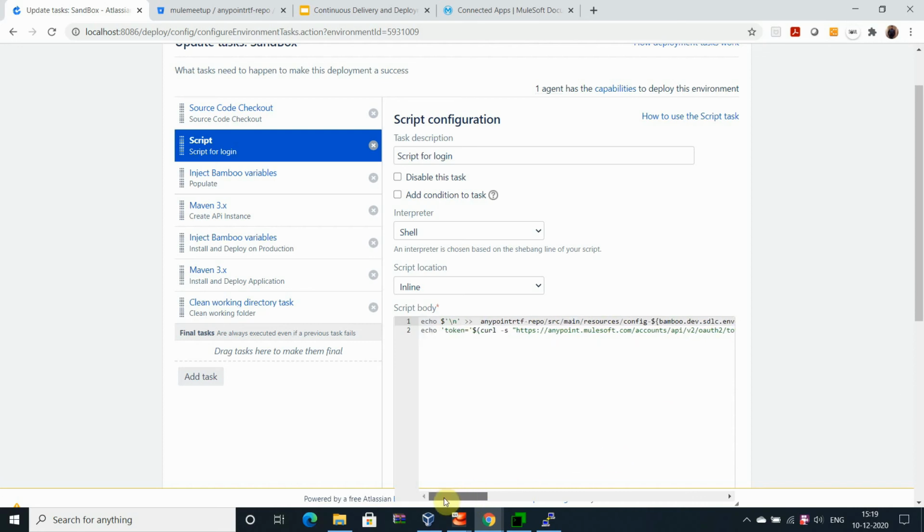The second thing is the token: make a request and then get the access token. I am making a request on the token API with the help of the client ID, secret and grant type, and I receive a token, and that token I am adding into the property file itself.